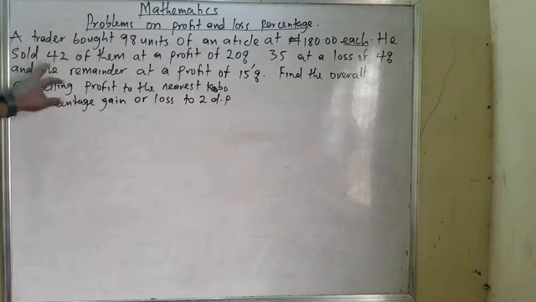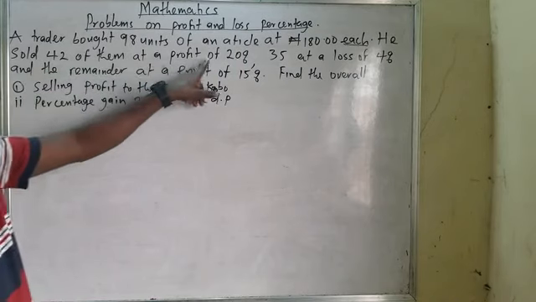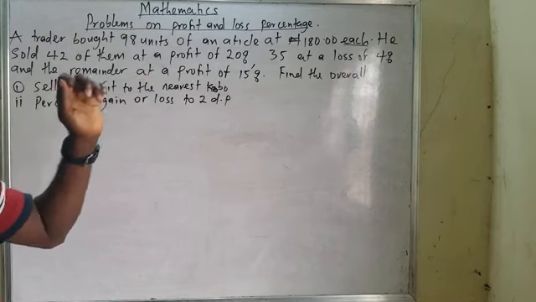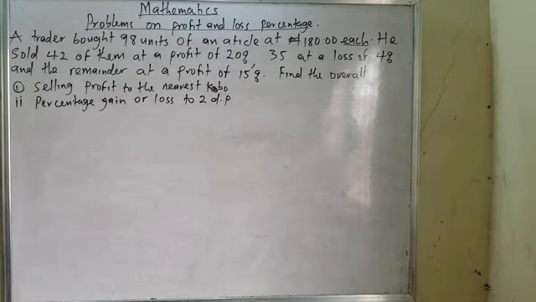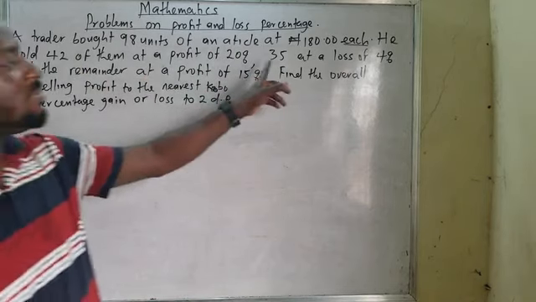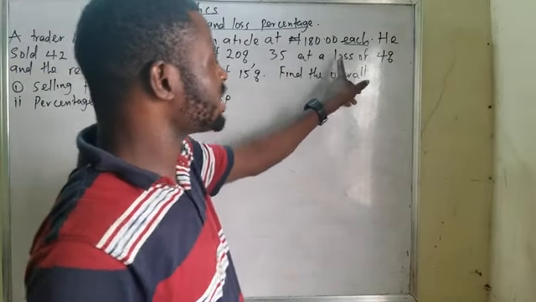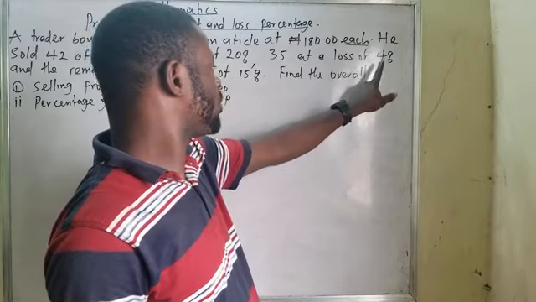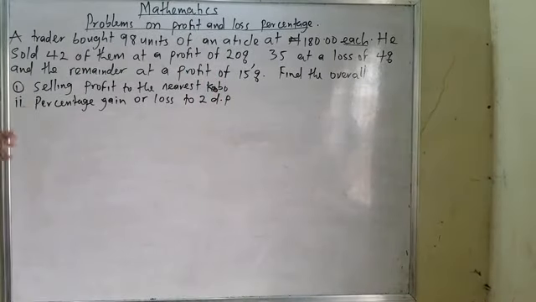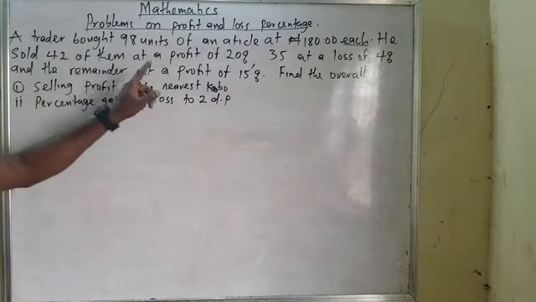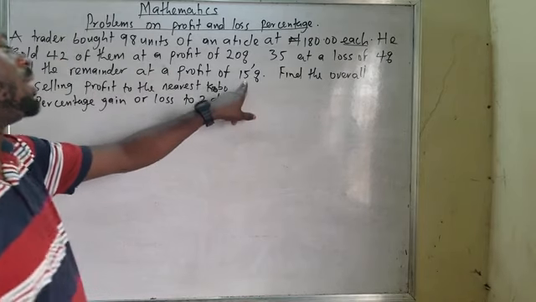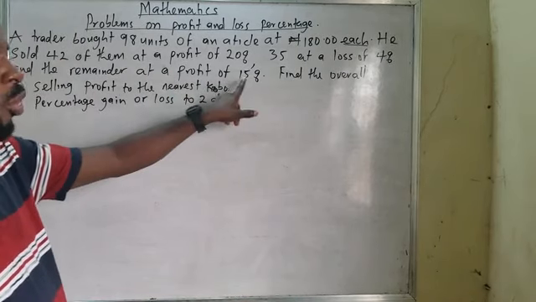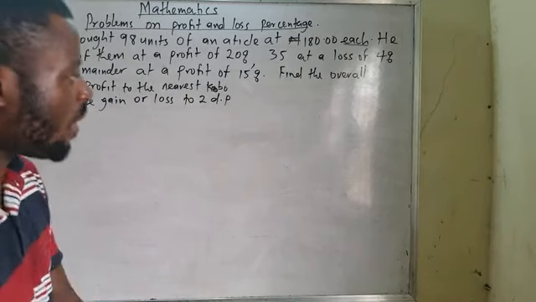He sold 42 of them at a profit of 20%, 35 at a loss of 4%, and the remainder at a profit of 15%. Find the overall: